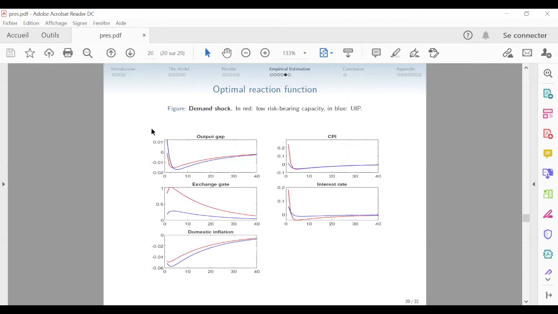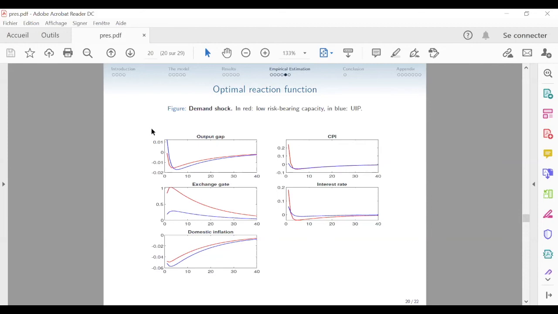Now let's take a look at the results. So here is the demand shock. We have the demand shock, the gap increases, so the central bank is going to increase the interest rate. And this increase in the interest rate is quite large here. So the incentive to borrow abroad increases, and the financier is long in the domestic currency. So what we see is that we have a large depreciation in the exchange rate,